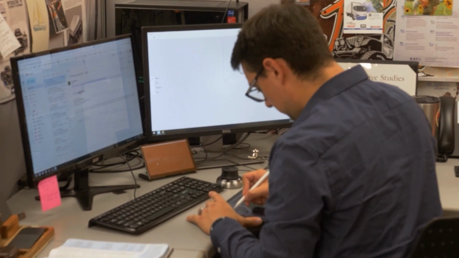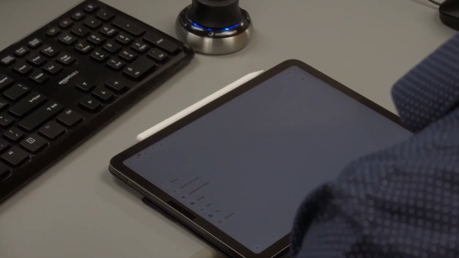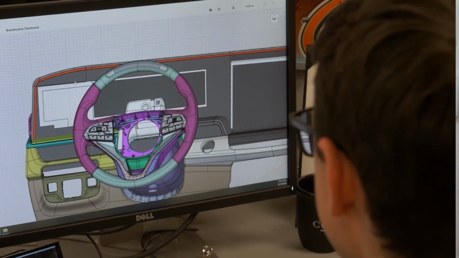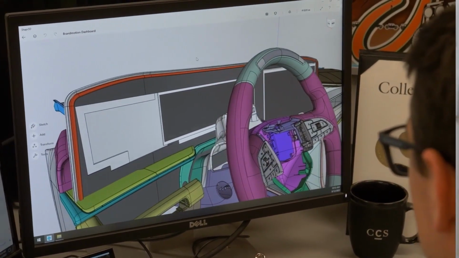But there are some CAD geometries that we receive that are a bit too much for the iPad to handle. So when that happens, we transfer the data over to the desktop computers, and we're able to use the horsepower of those computers to process the CAD in a much more efficient way.